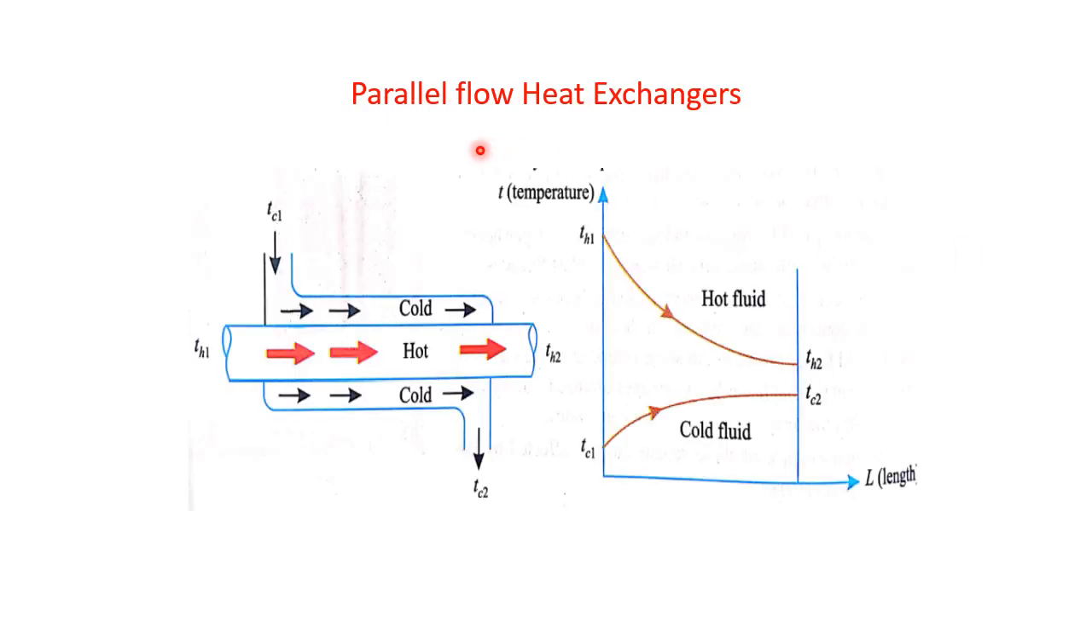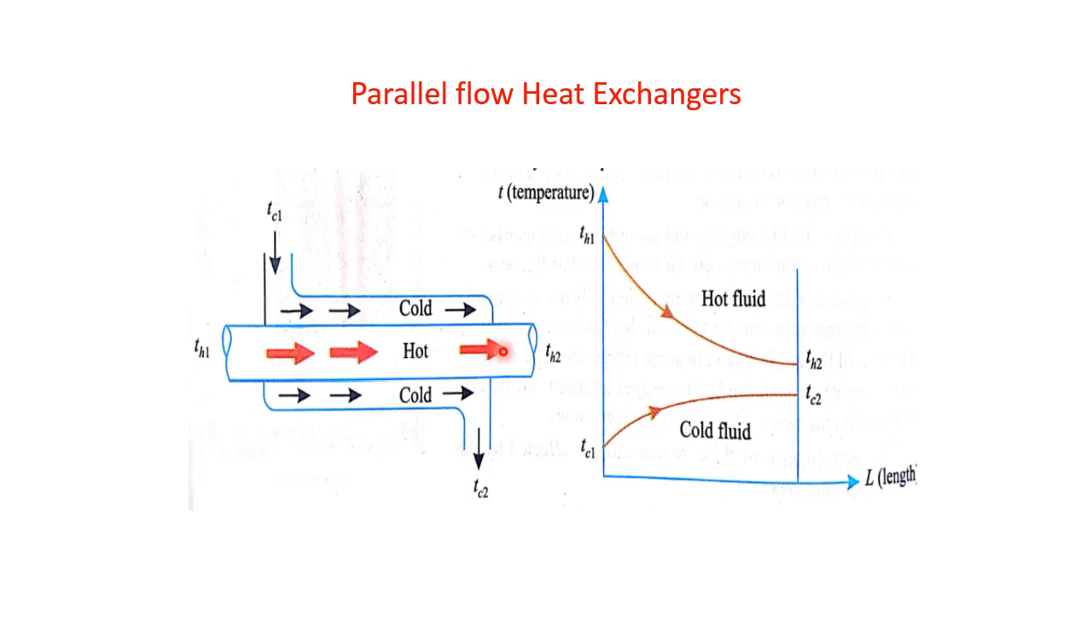So this is the parallel flow heat exchanger. This is also a double pipe concentric tube heat exchanger only, because one tube is placed over another tube. This is one tube, this is another tube. In the parallel flow heat exchanger, the hot fluid and the cold fluid flow simultaneously in the heat exchanger,